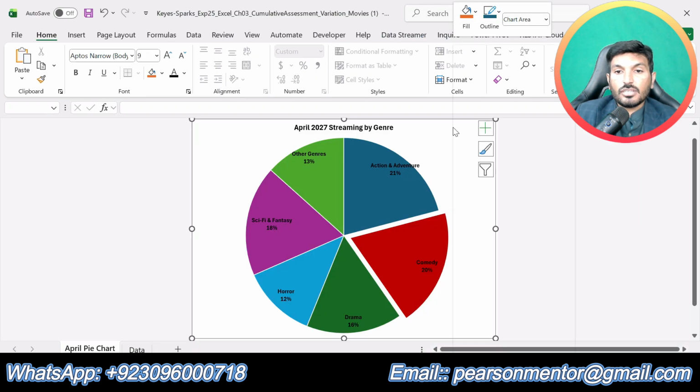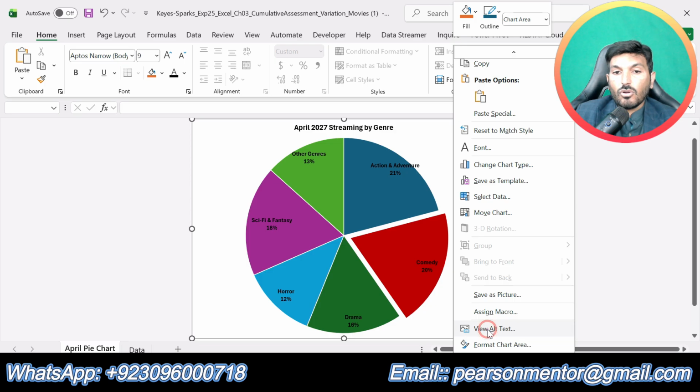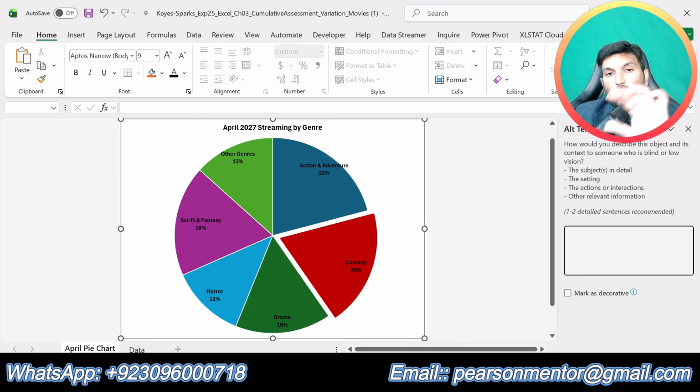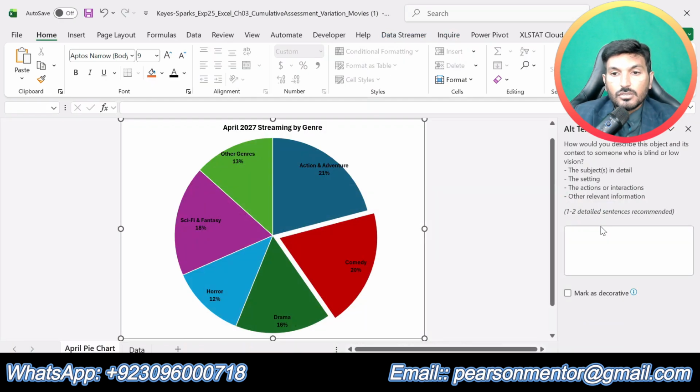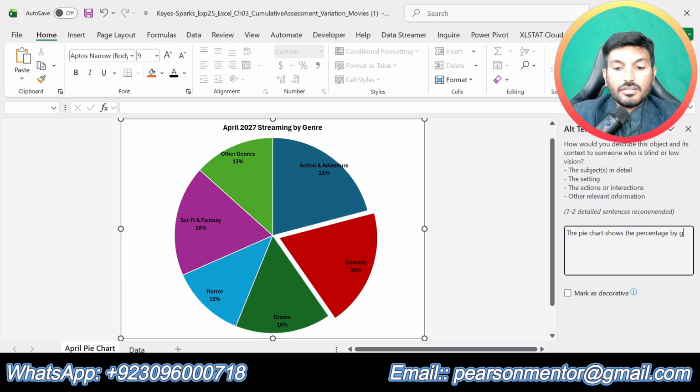Right click in the chart area and click view alt text. So now you can see the alt text box at the right side of the worksheet. Now we are supposed to type the alt text, that is saying the pie chart shows percentage. So now we will type here: the pie chart shows the percentage by genre